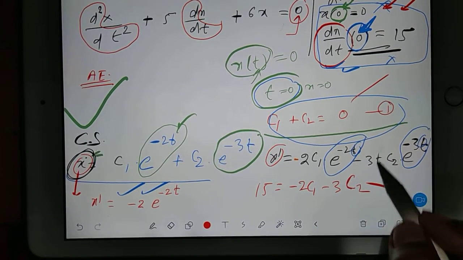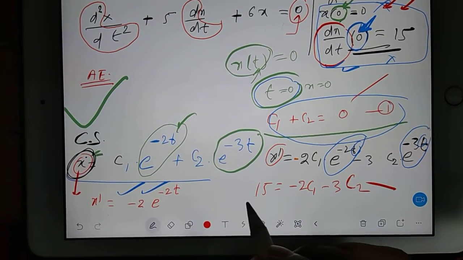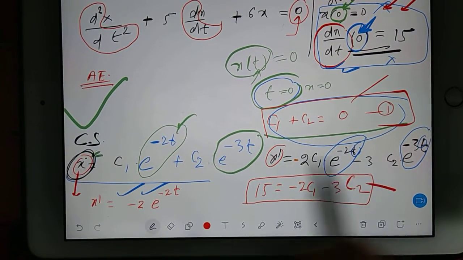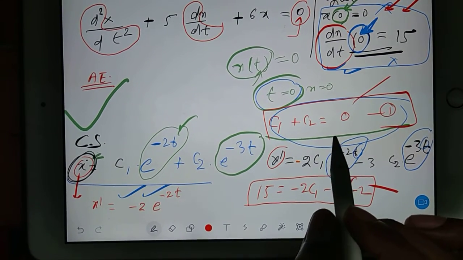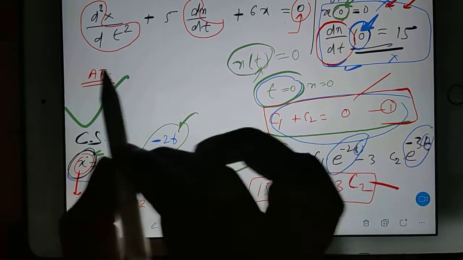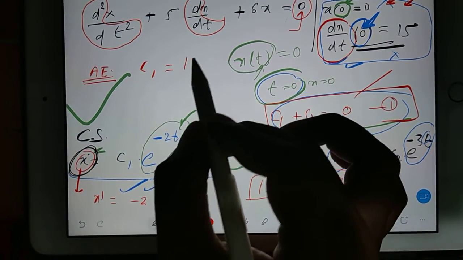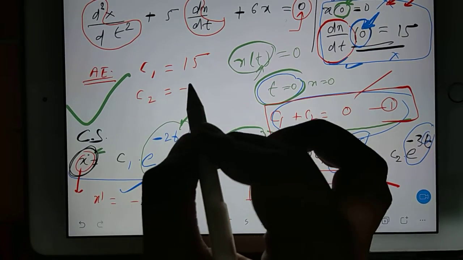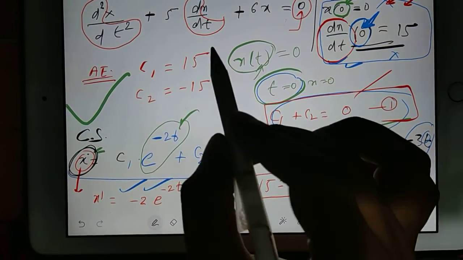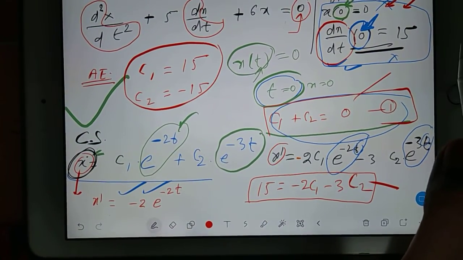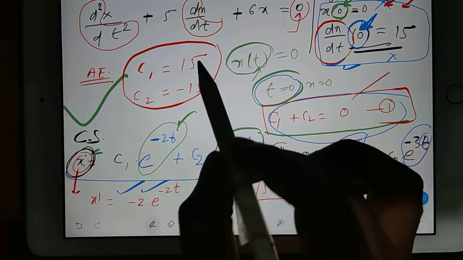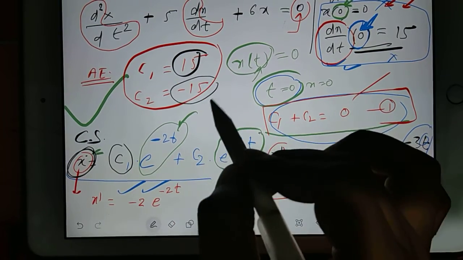Yes, t will not be there. My mistake. Okay. So this you can completely solve because there are two equations. When you are solving for C1 and C2, be careful because I am making a lot of mistakes. You may make mistakes. So my C1 is coming as 15 and my C2 is coming as minus 15. So C1 and C2 are 15 and minus 15. Okay, this is correct. So what you have to do is substitute your C1 value here and C2 value here.